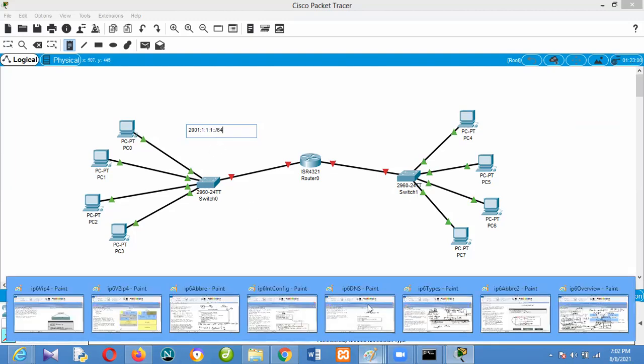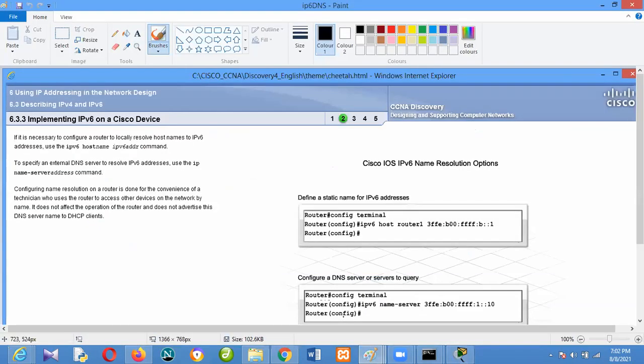Let me clarify this, maybe I've never done that before. Where can I use this? I can decide to do 2001, 1 here, 1 here.